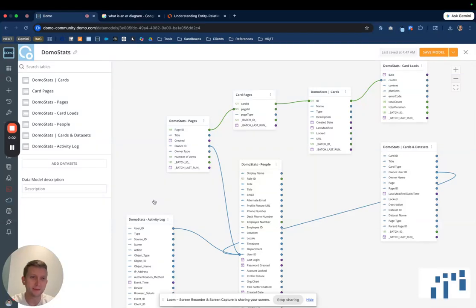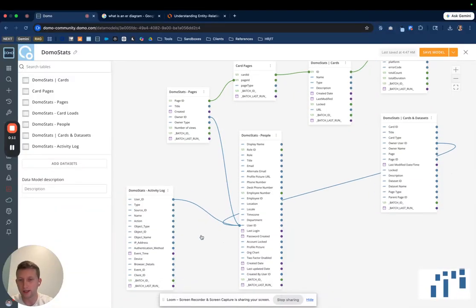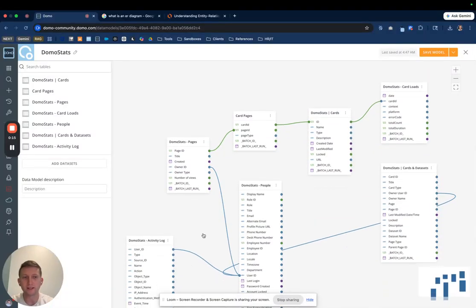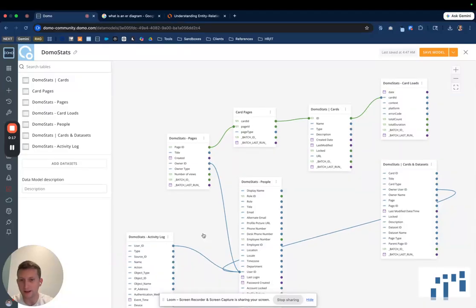Hey, today I want to talk about Domo's new data modeling feature and how it can help you make better sense of the data that you have in your Domo instance. So to begin, this is really what a data model ultimately looks like. And what I'm going to talk about today and show you is how to create a Domo stats data model